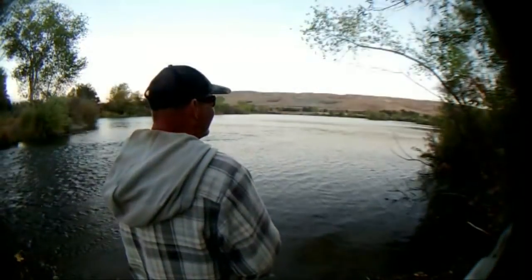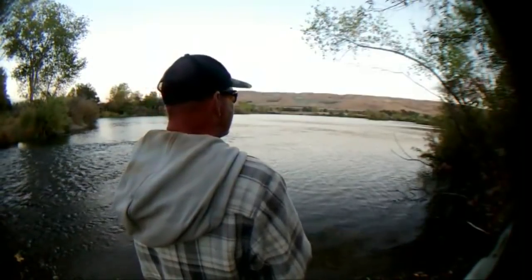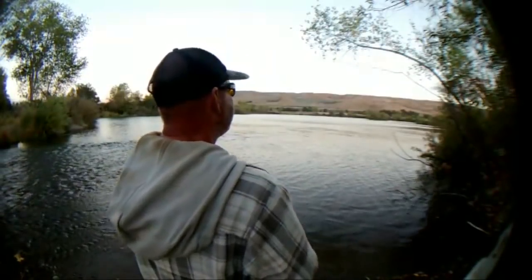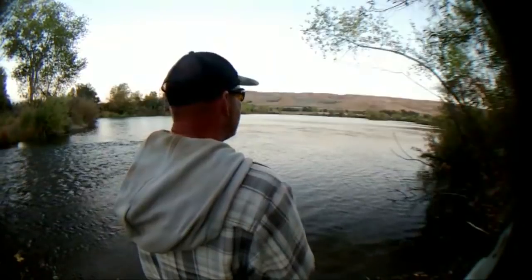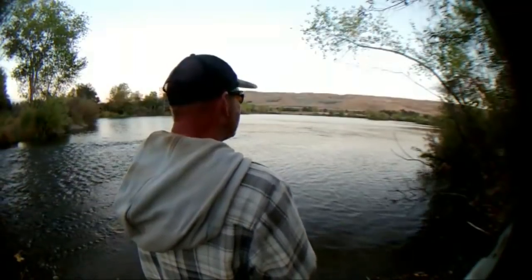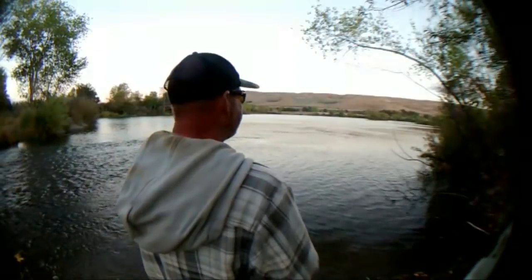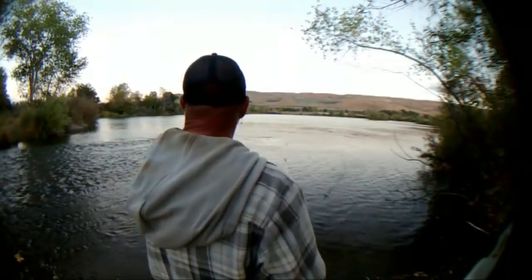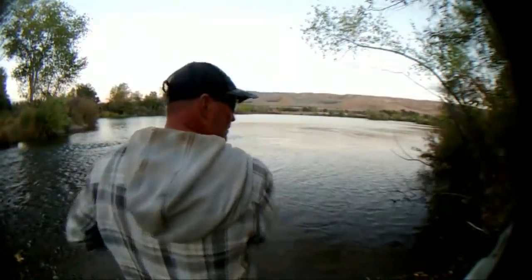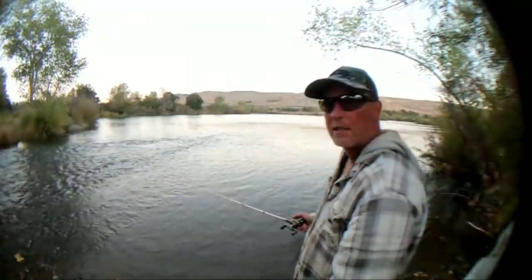But right now, I got the creek there. Well, Halloween is coming up. Right now, when I have it out there, I can't really see it. And because the creek's really loud and the wind's going through these trees, I can't hear it either. So I don't even know if I'm working it right. All right, let me try it a little bit. Let me try it off that way. Let me try it across the